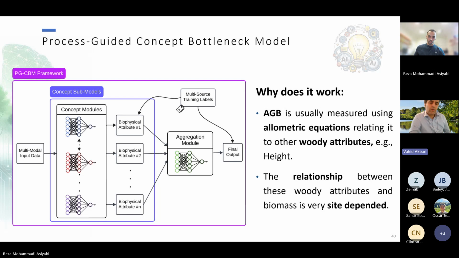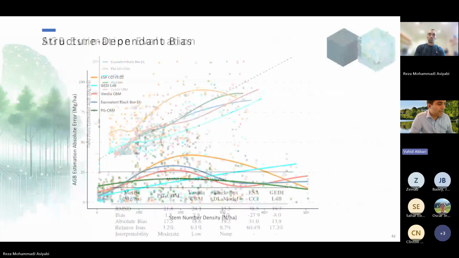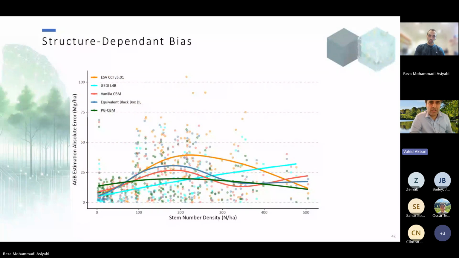Can you elaborate, because you showed in the last slide that your model seems to give less structure dependent bias compared to other models. Can you elaborate on this in your model, the model that you showed in the previous slide? Why do you get these results? Well, in terms of interpretation,